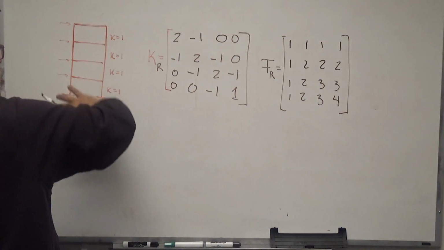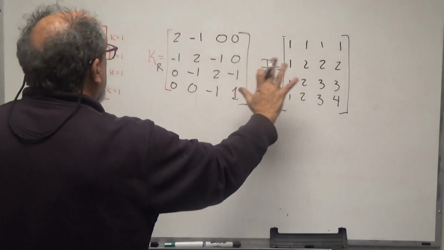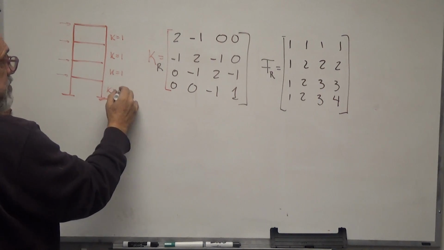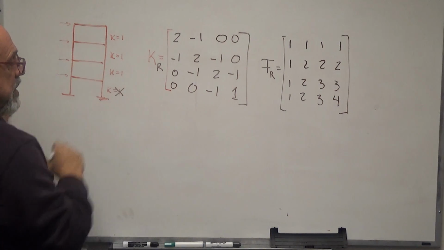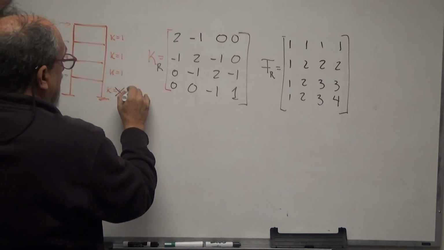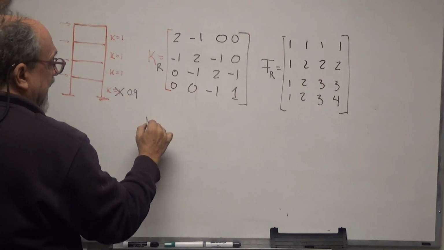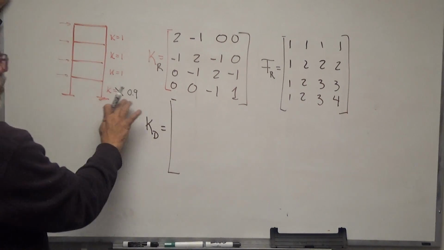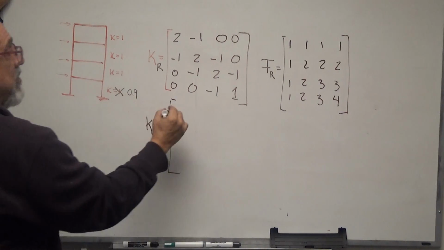Again, here I'm using all the coordinates, but the technique doesn't care that you have all the coordinates. It works with whatever you have. Now, let's assume that this spring here gets damaged. Now, if this floor gets damaged, because I'm using theory, it doesn't really matter how much damage I put, right? But I'm going to say, okay, let's just say that now it's 0.9. So the K in the damage state will be, we lost 10% here. So we have now 1.9,